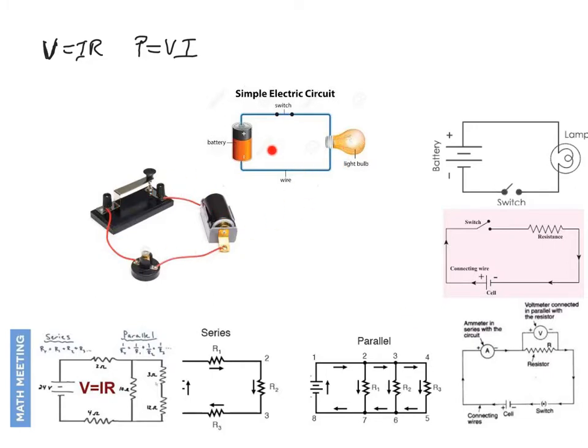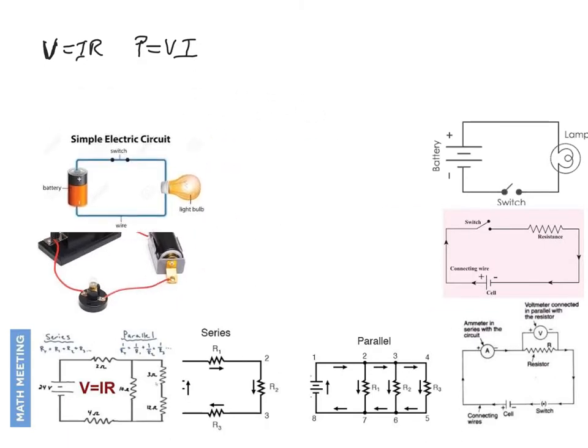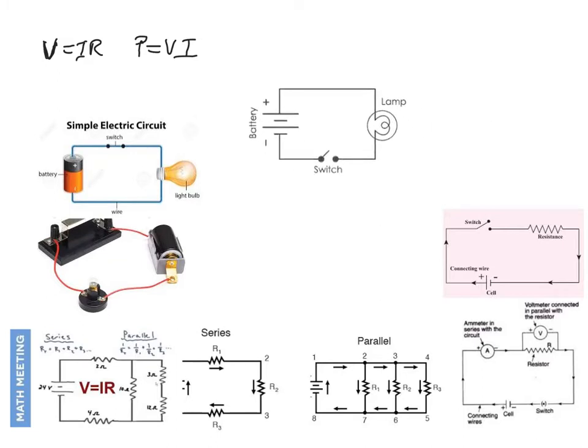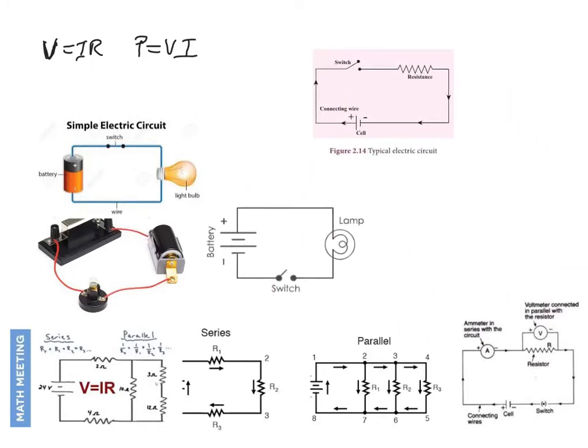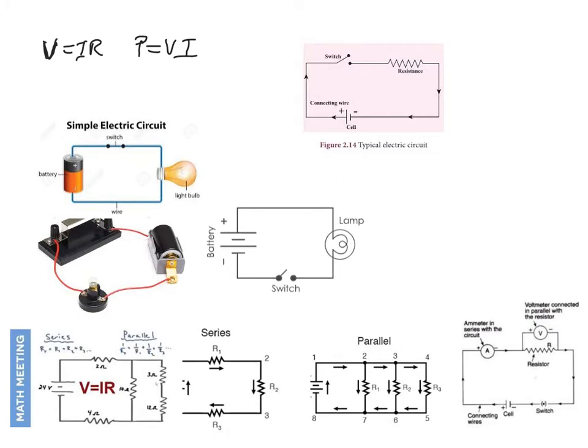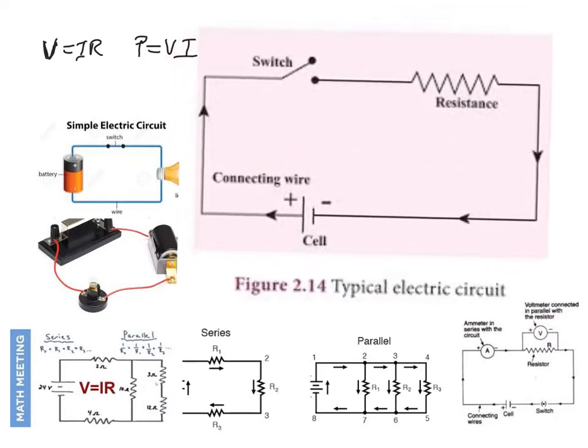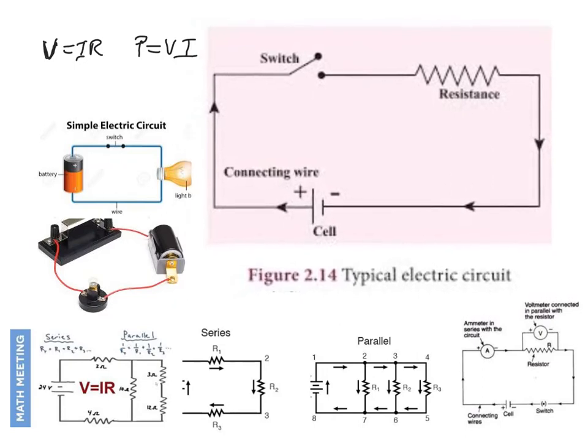This is a photograph of a real situation. This is a diagram. But usually we schematicize that diagram so that it looks like this, with the battery, the switch, and the light bulb. But generally we'll go even further and just call the light bulb a resistor, represented by that symbol for resistance,